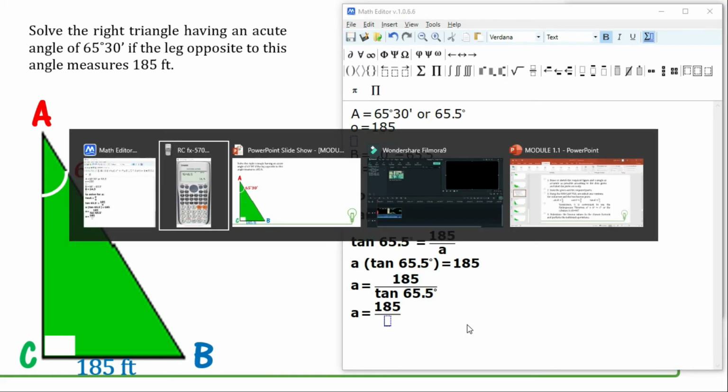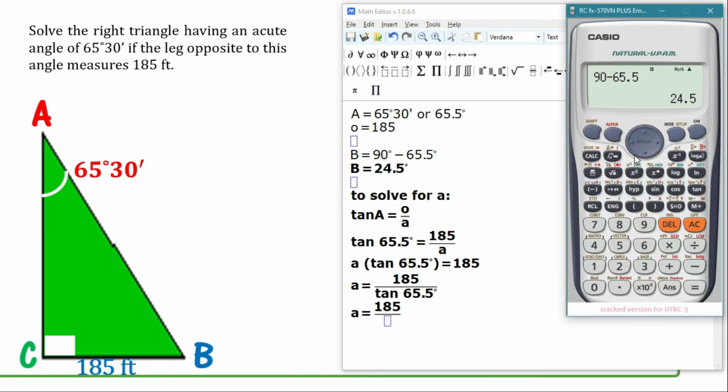So, pwede na po natin gamitin yung ating calculator. So, ang gagawin lang natin is for us to press the tangent button here. So, that is the tangent of 65.5 degrees. Or pwede nyo namang gawin is the tangent of 65 degrees and 30 minutes. So, once we press the equals button here,